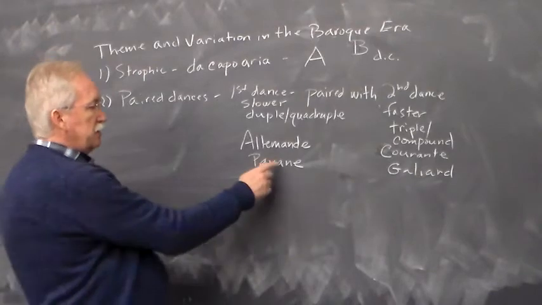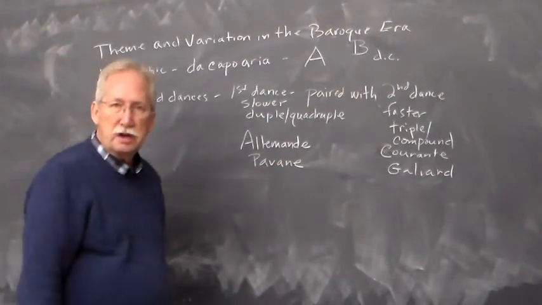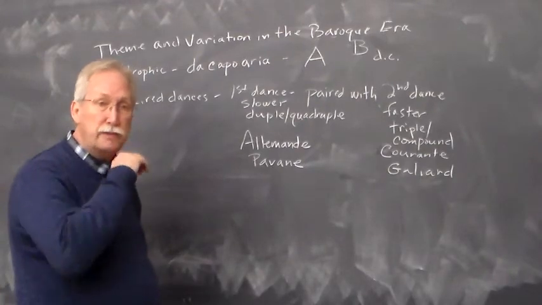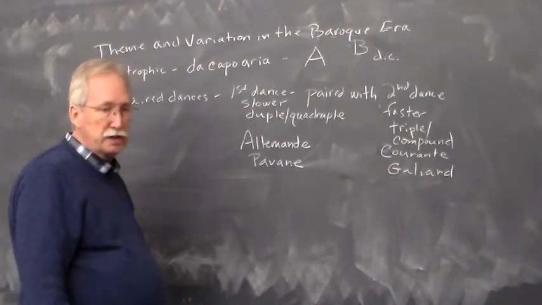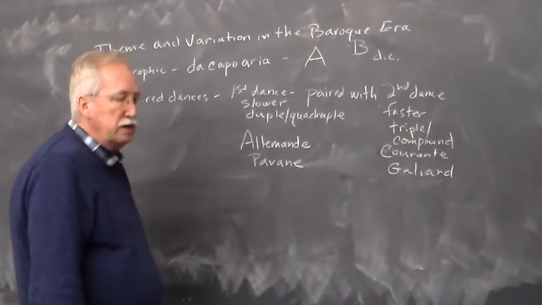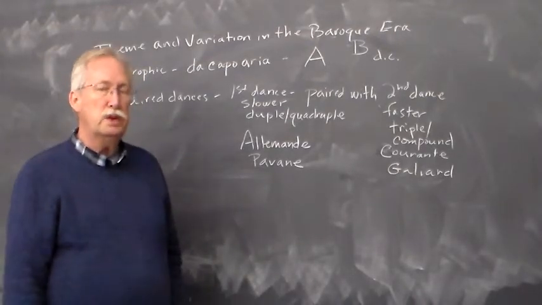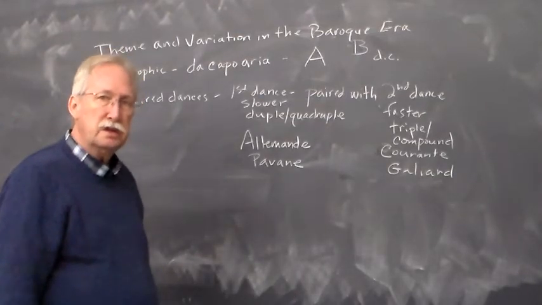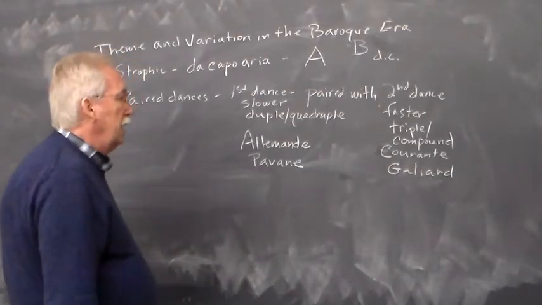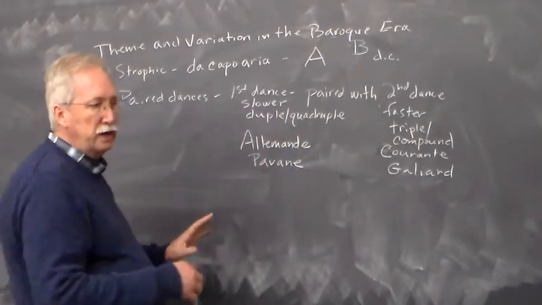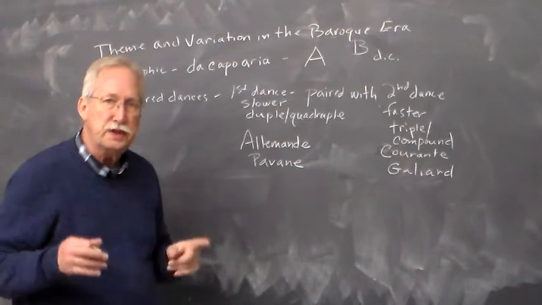And we're actually going to listen to an example of the pavane and Galliard from the Fitzwilliam Virginal Book, that great anthology of British keyboard music from the beginning of the 17th century. And we're going to listen to an example by William Byrd, who's one of the greatest composers from England in the Baroque. And the reason that I'm talking about this in the context of theme and variation is because